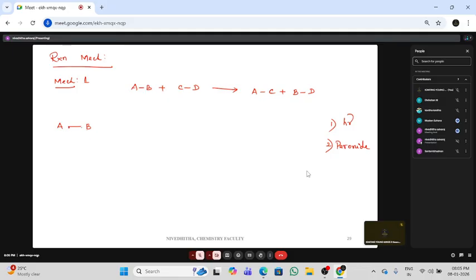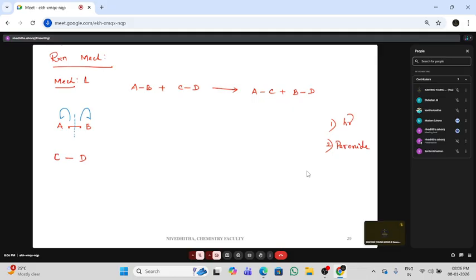So whenever we are using light energy, the substrate's bond will get cleaved homolytically, a proper bond cleavage. So here one electron will get transferred to this atom and one electron will get transferred to this atom. See, only one electron is getting transferred to each atom. That is why I've represented it using a single-headed arrow. So similarly,